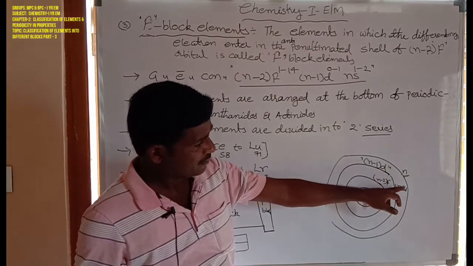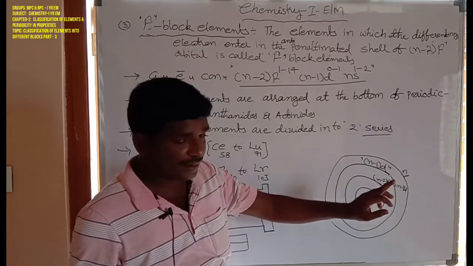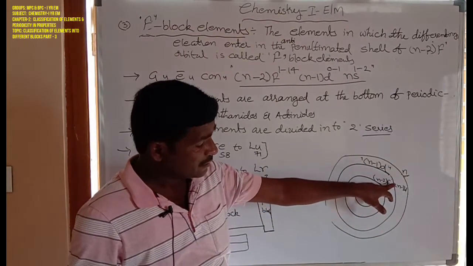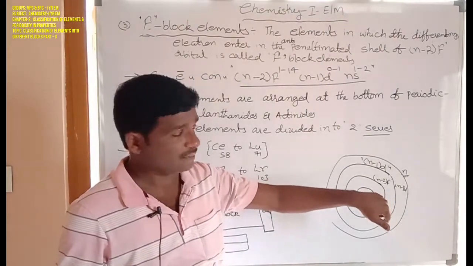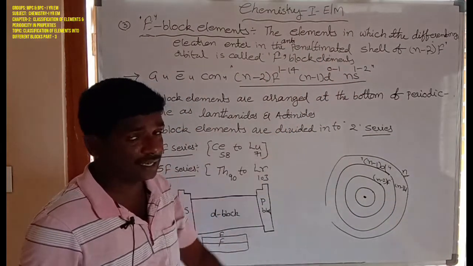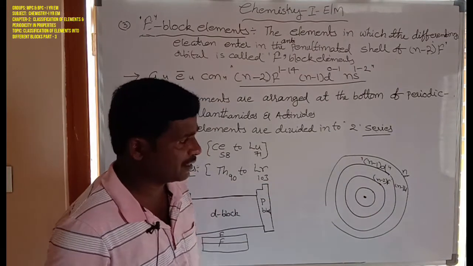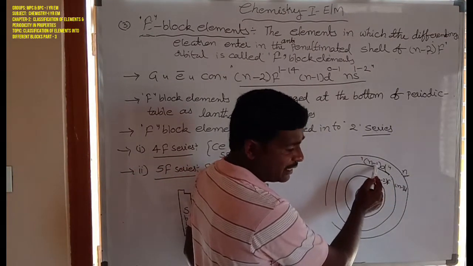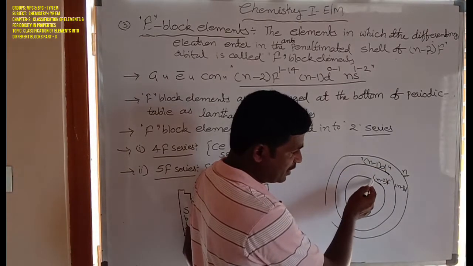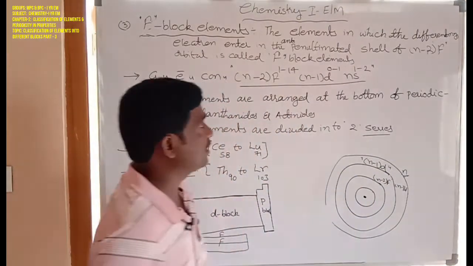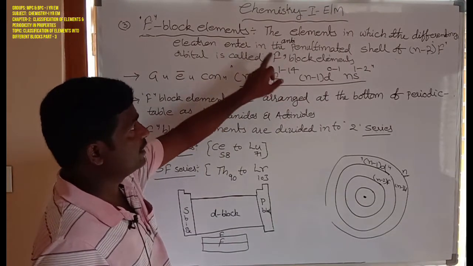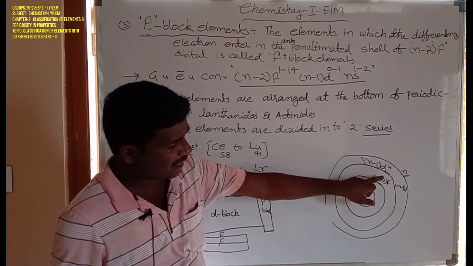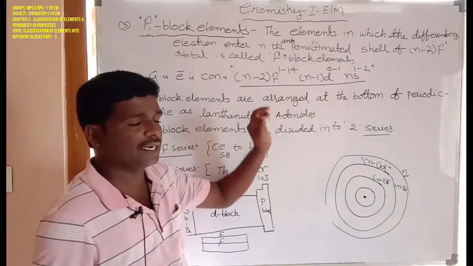Here the differentiating electron enters the n-2 f orbital, which is also known as the anti-penultimate shell. n is also known as the ultimate shell, n-1 d, and n-2 f orbital. So the elements in which the differentiating electron enters the anti-penultimate shell, the n-2 f orbital, are called